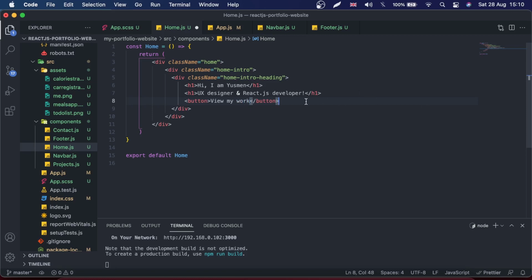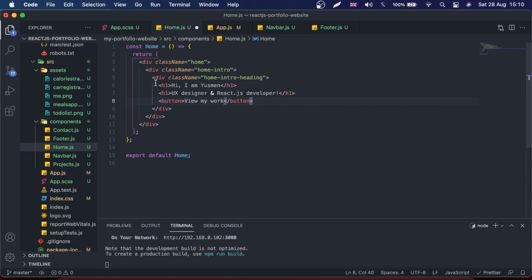Okay, let's hit prettier, and below this div, so basically this one, we'll have another div. So we will have div which will have the class name of home intro image,